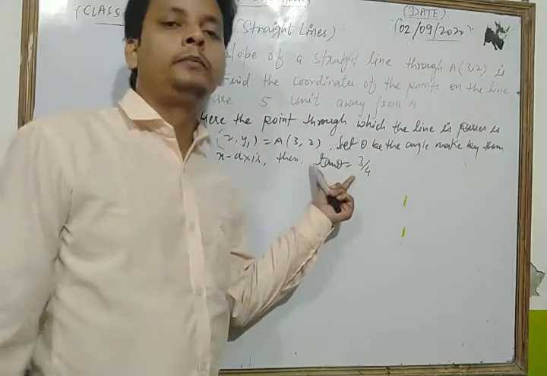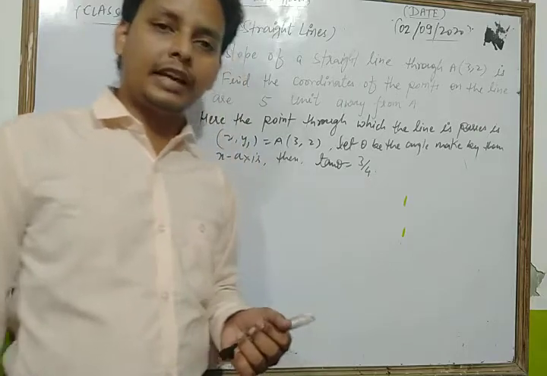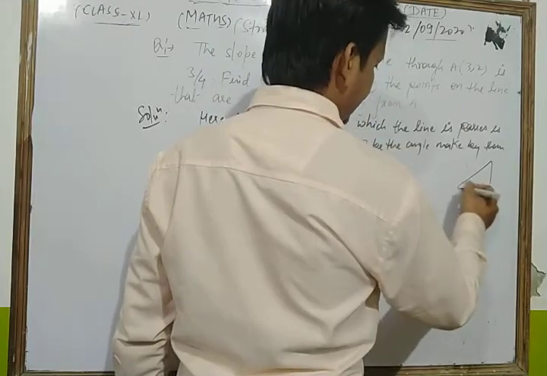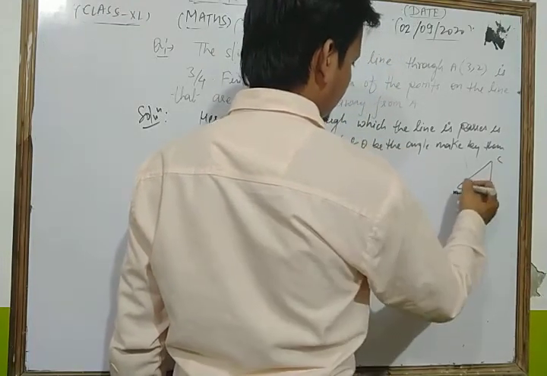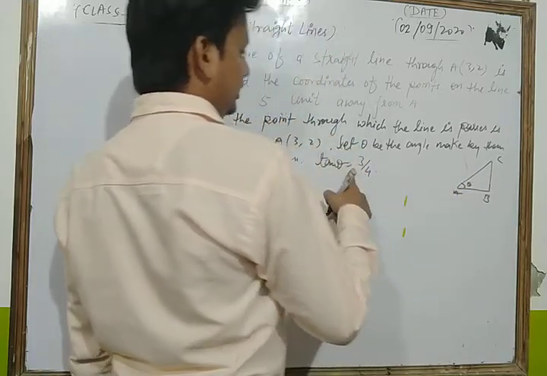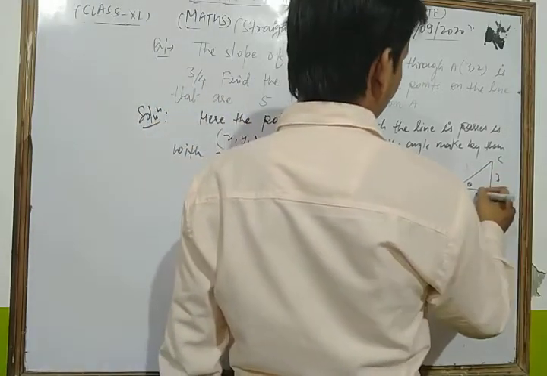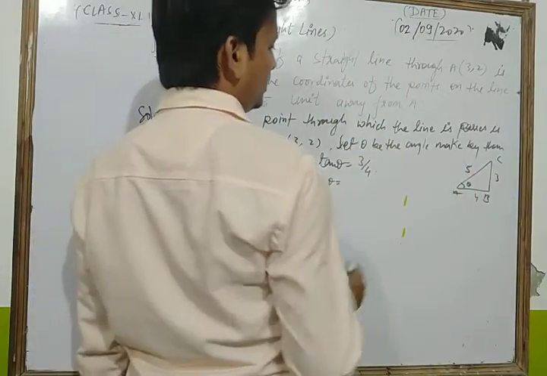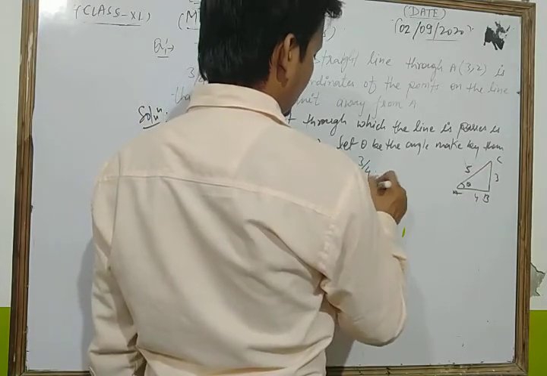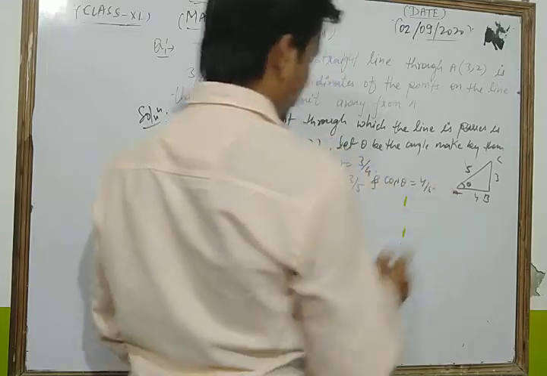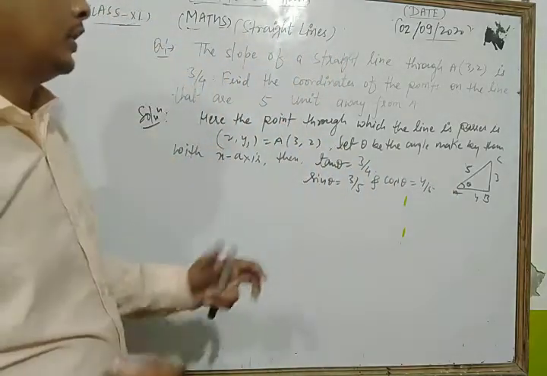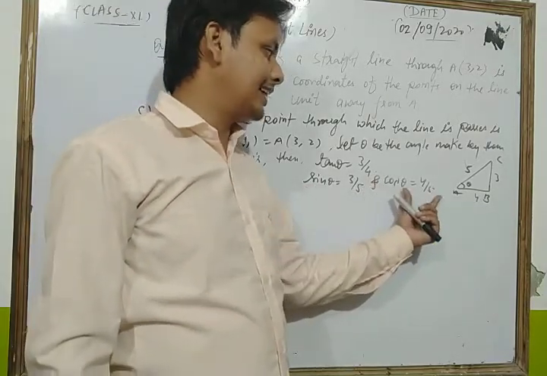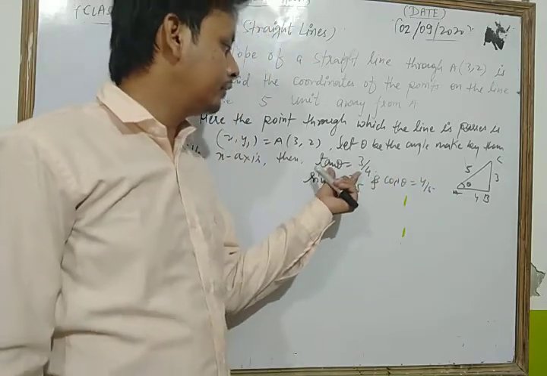From here, first of all, dear student, we find the value of sin theta as well as the value of cos theta. Let us take a right angle triangle. You know that this process is very easy. Let us take theta, and you know that tan theta is equal to perpendicular upon base. The hypotenuse is 5. Then sin theta is equal to 3 by 5, and cos theta is 4 by 5. So we find sin theta as 3 by 5 and cos theta as 4 by 5 by the help of this relation.